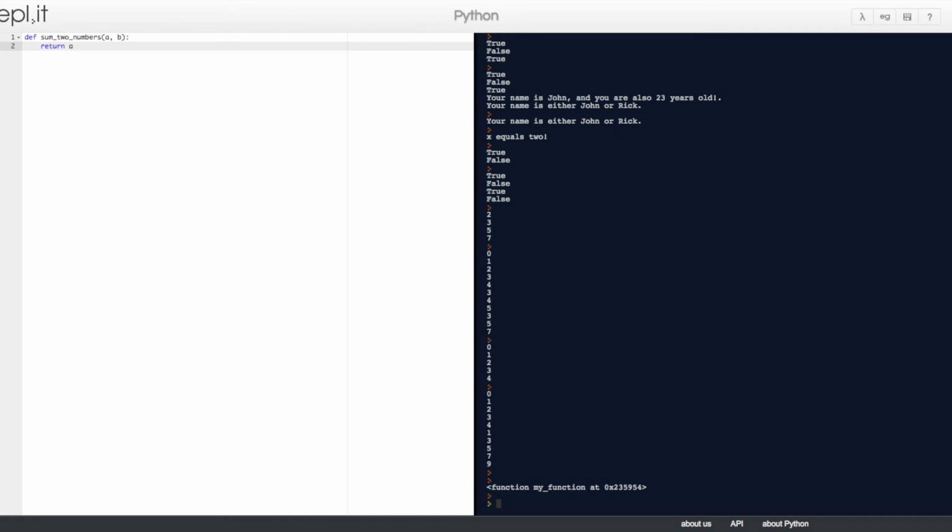We want to return a plus b. So this function gives you a and b, and you want it to return the sum of a and b, so a plus b.